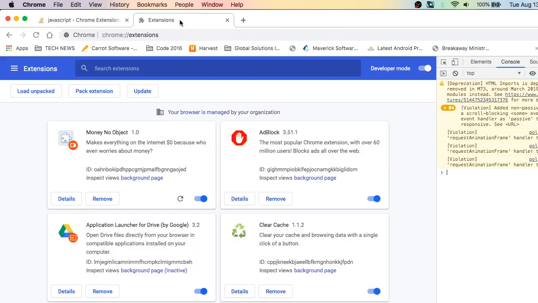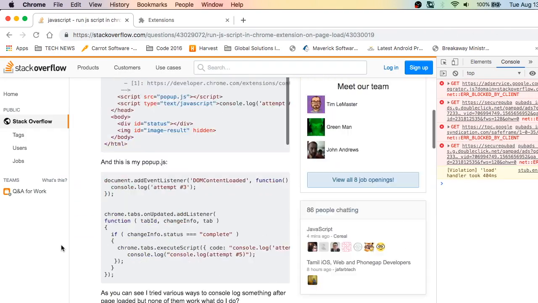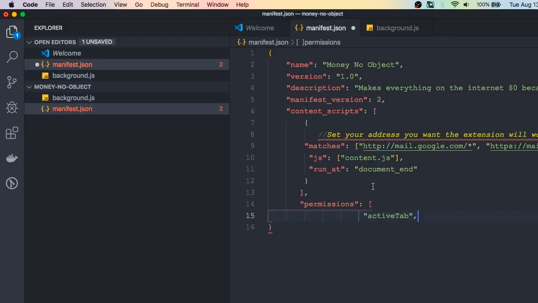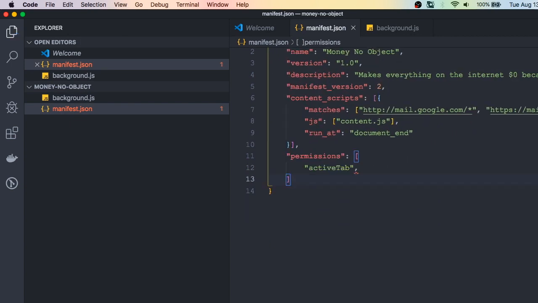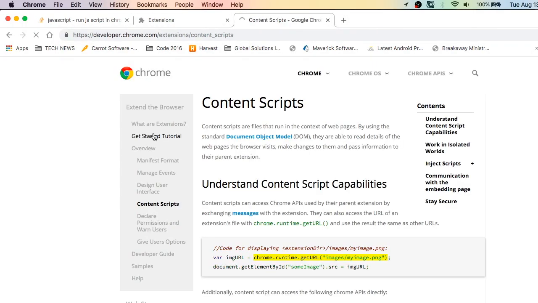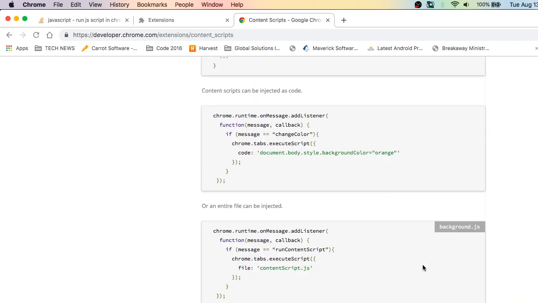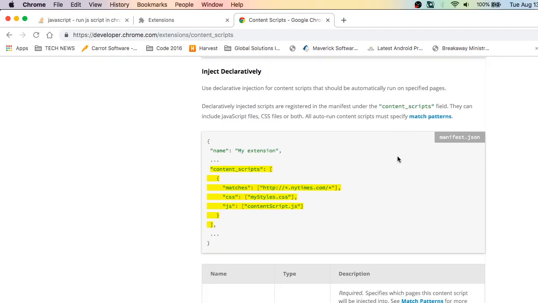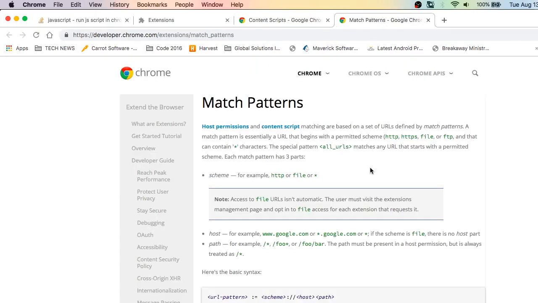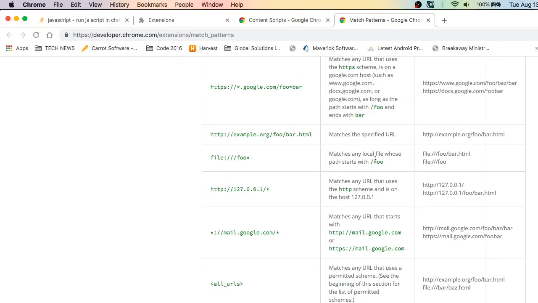I'm just figuring out the manifest files and how to package it and how to actually get it into Chrome. And you can see I'm figuring out the content scripts here. This is just so I'm able to run JavaScript on the initial page load, and that's pretty much all I was trying to do. And you can see I'm going through the official developer docs. The docs are actually pretty easy to figure out, pretty straightforward, but you can see eventually I get to